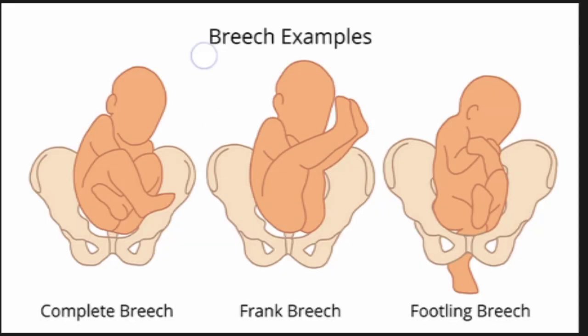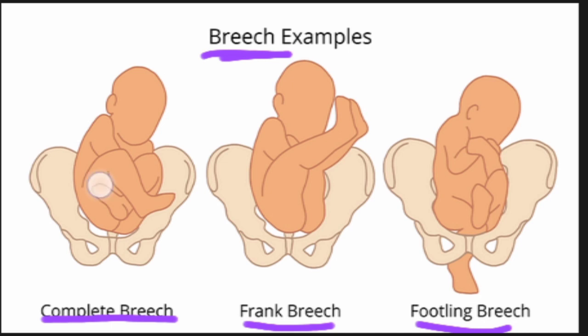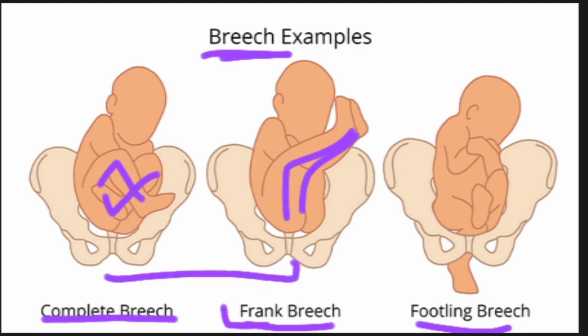During breech delivery, we do see only a few things, like the types of breech delivery. Apart from seeing the positions, that is, either the baby is in the complete breech position, or frank breech position, or footling breech position. Complete breech position is where the baby's legs will be completely folded, there is no extension. But in the frank breech position, both of the baby's legs will be extended. In these two conditions, both legs will be in the same condition. Whereas in the footling breech position, one leg will be folded and one leg will be in the